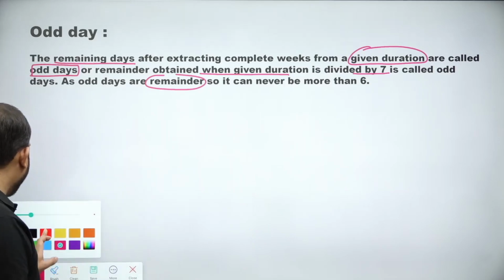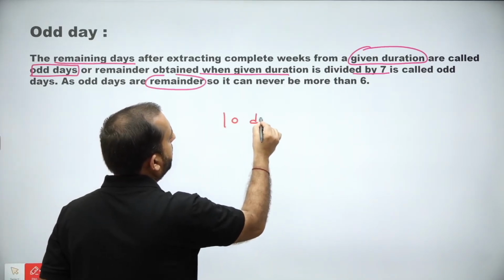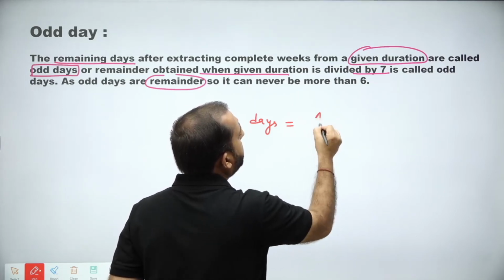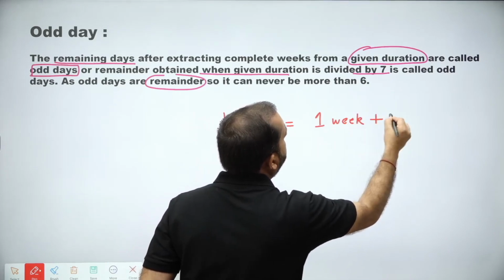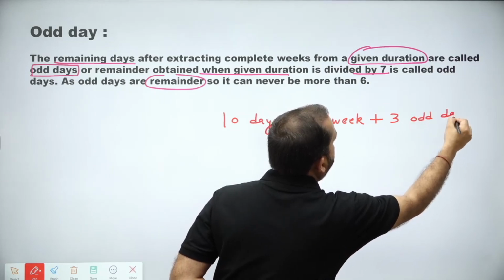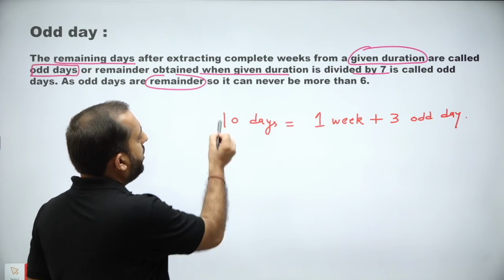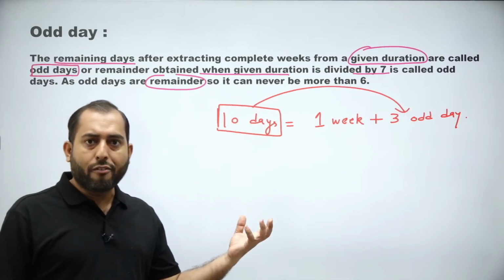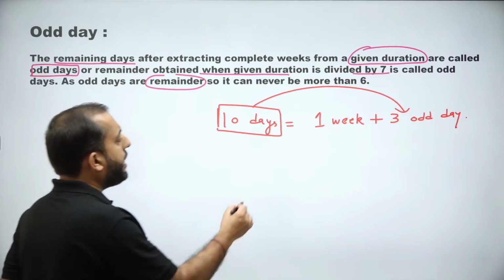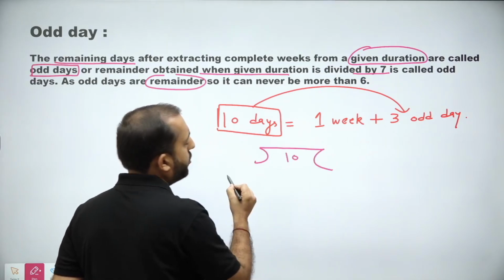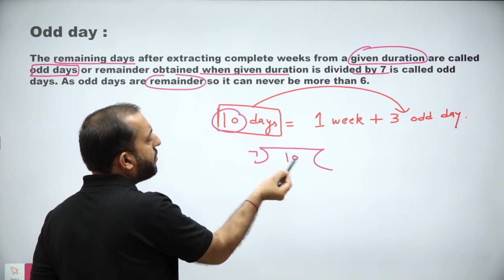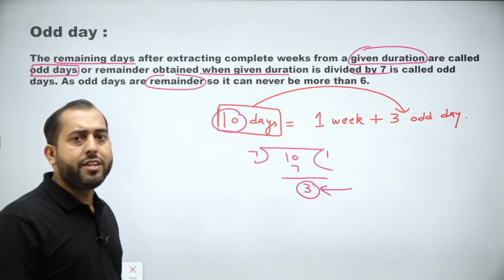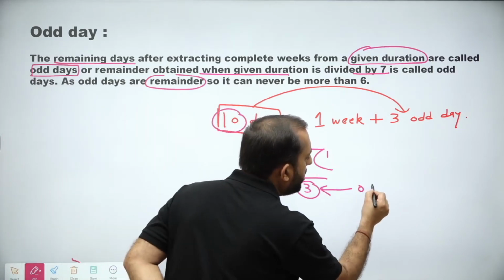For example, if we have a duration of 10 days, I can see in 10 days there is one complete week and 3 extra days. So these 3 extra days are called odd days. So in a duration of 10 days, number of odd days are how many? 3. Now this is one way of calculating it. Other than that, what you can do is divide the given duration by 7. The given duration was 10 divided by 7. 7 ones are 7. The remainder obtained in this process of division is called the number of odd days